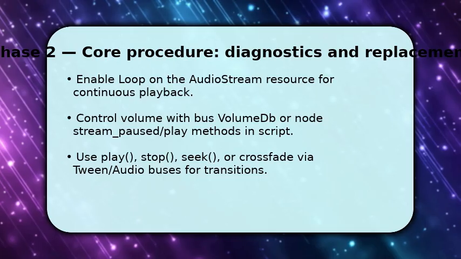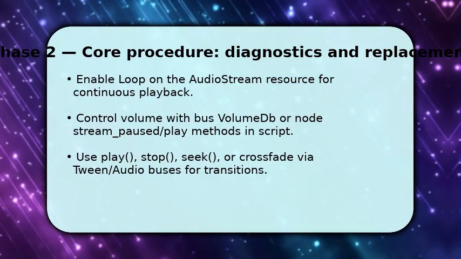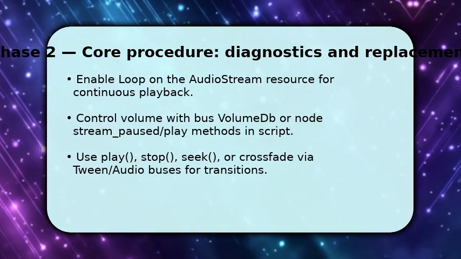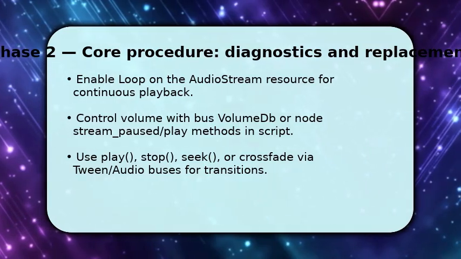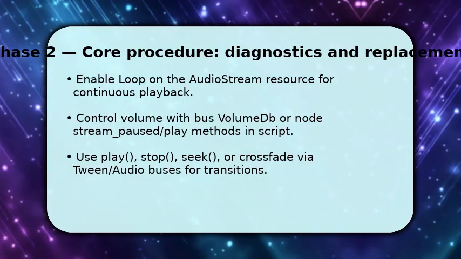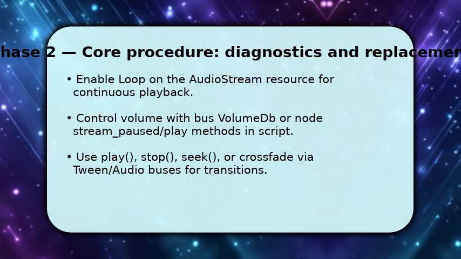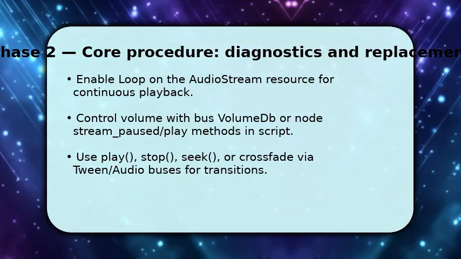Enable loop on the audio stream so the track repeats seamlessly, then in a controller script call BGM player.play() to start and BGM player.stop() to end. For smooth transitions, use a tween to interpolate volume_db or animate the audio bus via AudioServer for crossfades. Use seek to jump to timestamp positions, and use _ready to conditionally start music depending on